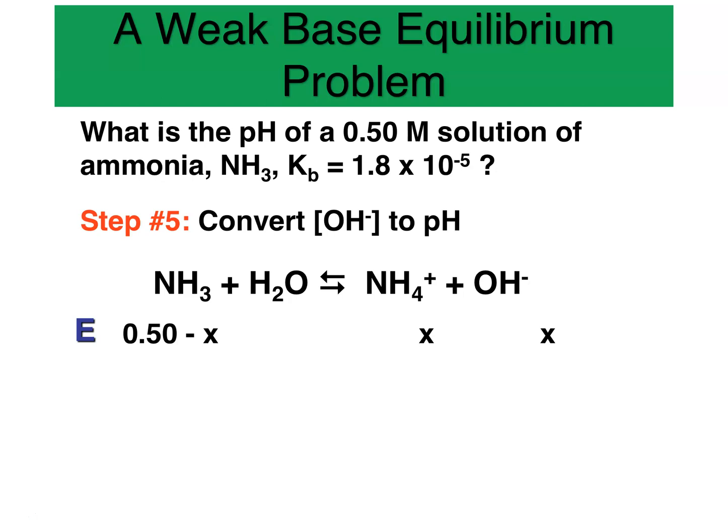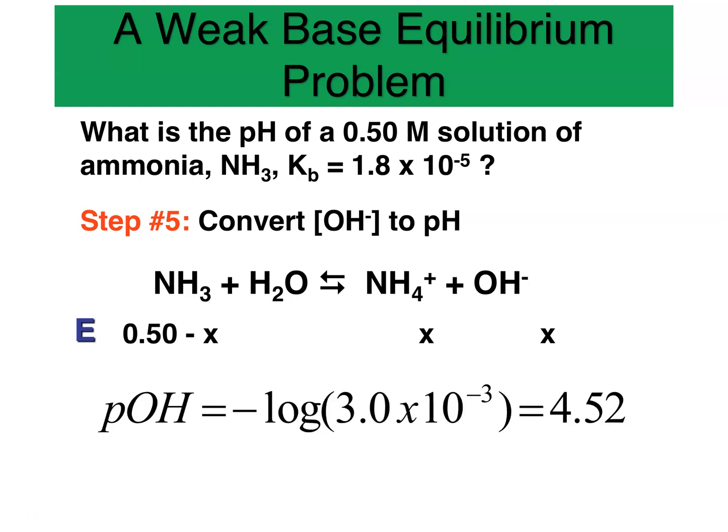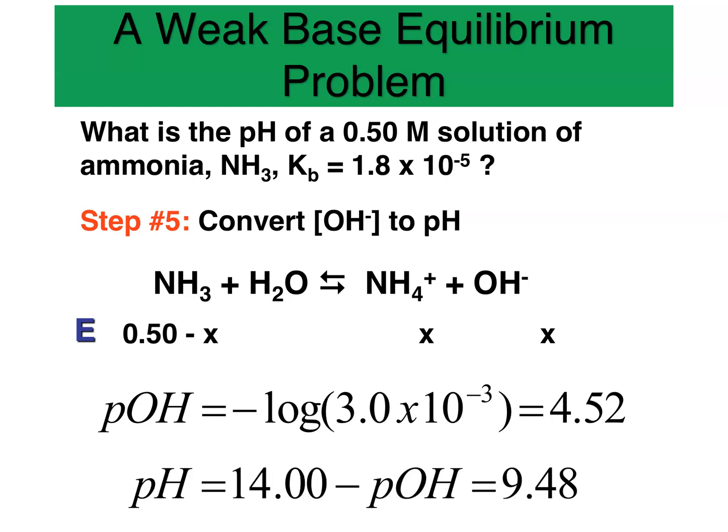Now, here's where things start changing. We have to convert to pH, just like before. However, we have the pOH, but now we have to get to the pH. Everything you've seen with weak acids and weak bases is identical, except this last step. You have to do 14 minus the pOH to get to your pH. Any questions on weak